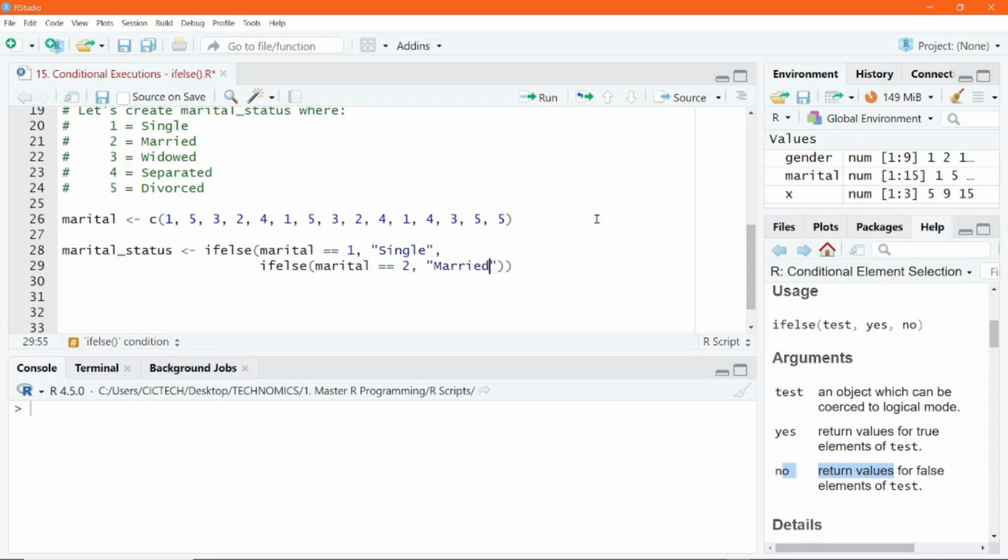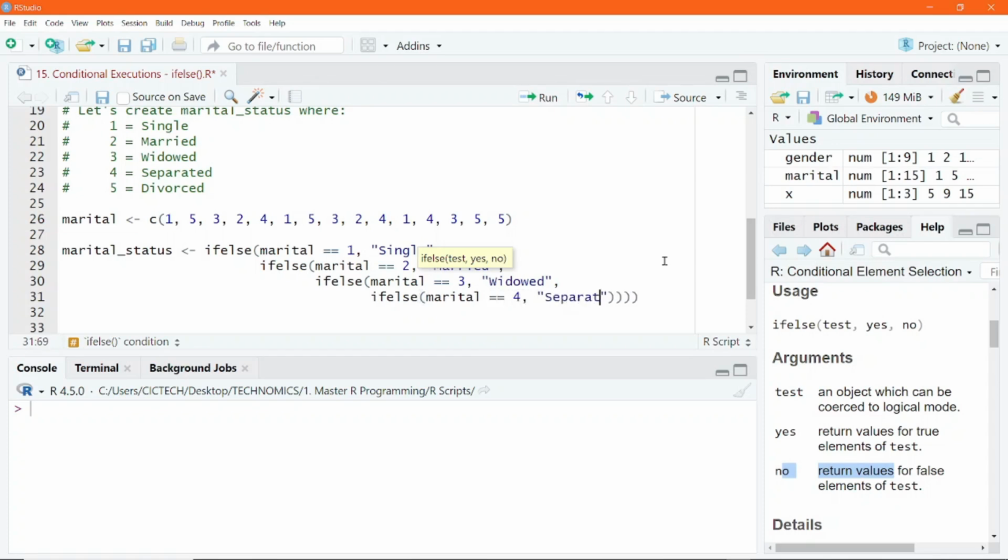So here, I'm also going to go ahead and say if else marital equals 2, then go ahead and actually make it married. Then here, if it is also not equals 2, then what do we actually do? We would go ahead and break it down and initiate another if else function, and then we would go ahead and say marital equals 3, go ahead and make it widowed. Then comma, again, we are not done yet because there is still another set of 2 values that we need to complete. So we will break it down and initiate another if else function and say again marital equals 4,